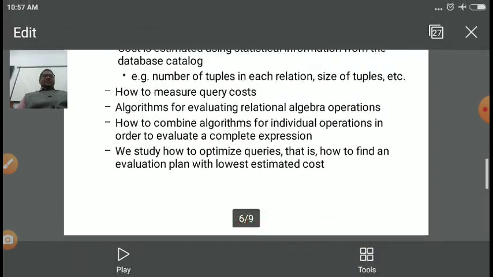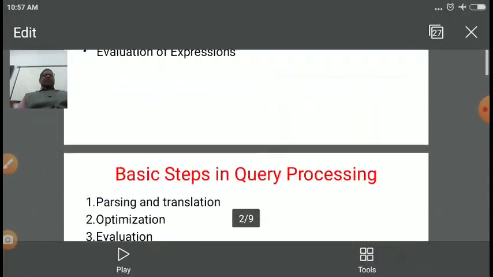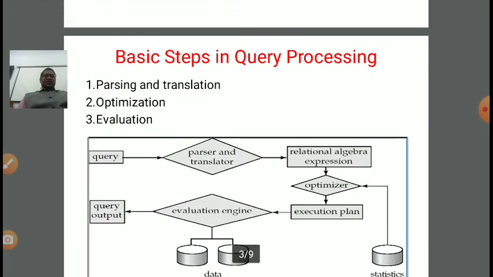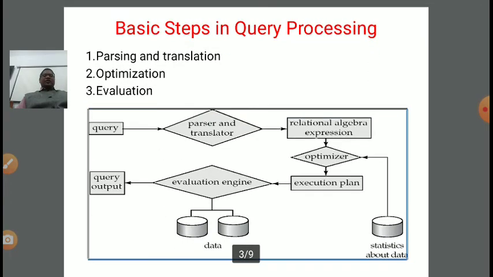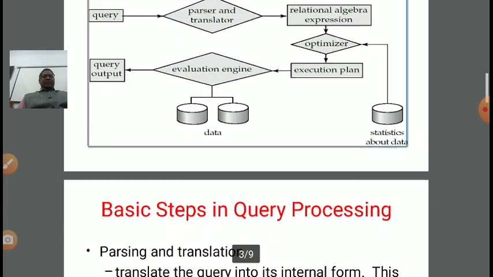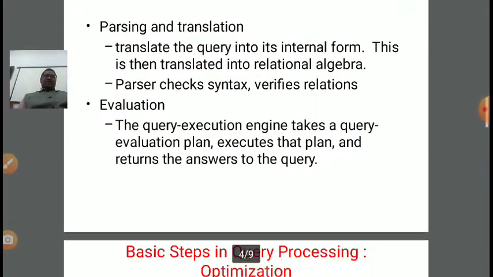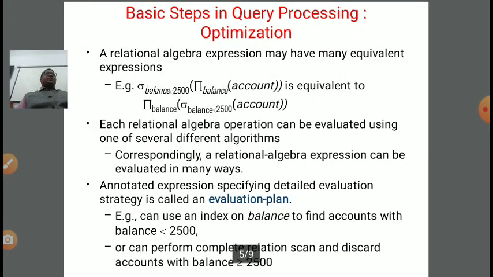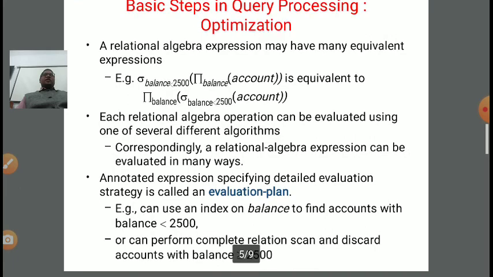So in this lecture, we started the concept of query processing. In that we discussed parsing and translation with the help of the parser and translator, optimization with the optimizer, and evaluation with the evaluation engine. Various evaluation plans may be available, meaning one query can be done with the help of various evaluation plans, but the point is which is the optimized one, the one taking the minimum cost.